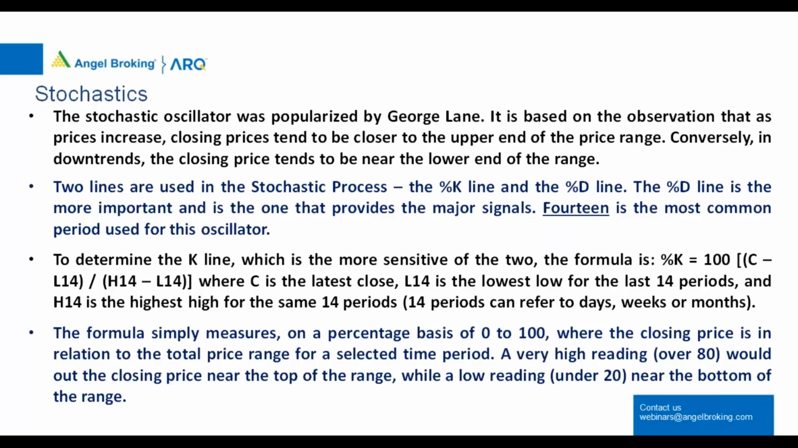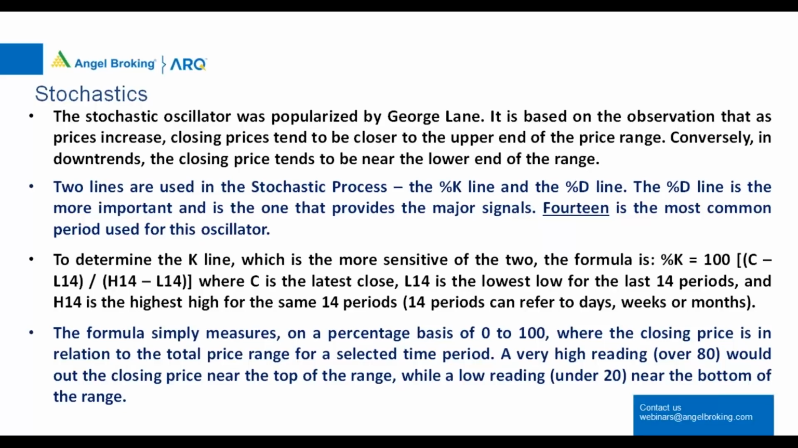So the percentage D line is the more important and is the one that provides the major signals. Now here again 14 is the most common period used for this oscillator. We saw that 14 was also the most common period used for ATX. So here also you should be using a 14 period. So to determine the K line, first of all, what is the K line? It is the more sensitive of the two. The formula is percentage K is equal to 100 multiplied by C minus L14